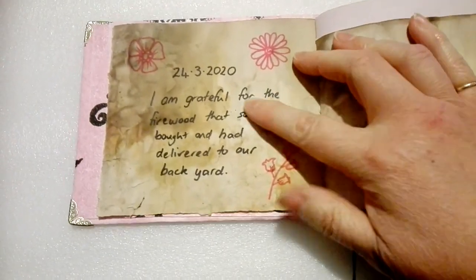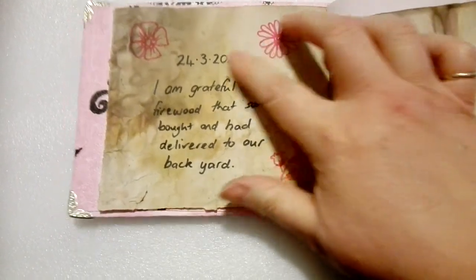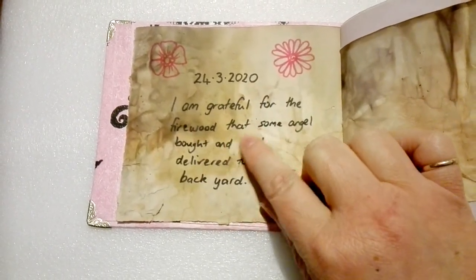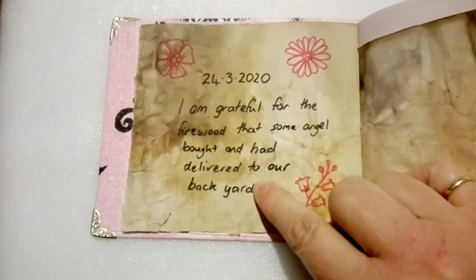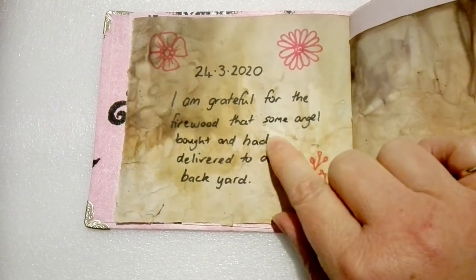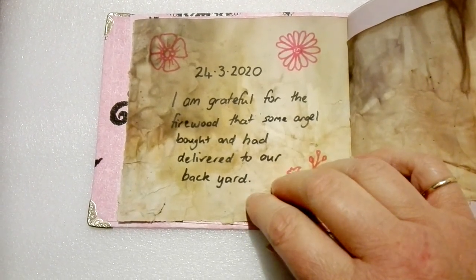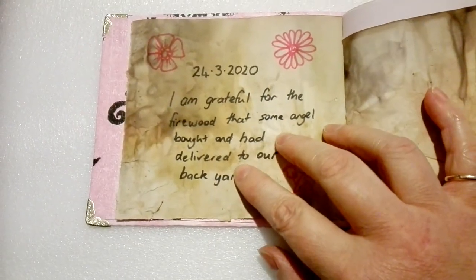So I've written it in felt pen or marker pen, doodled a few wee flowers, and then just written the date. And I am grateful for the firewood that some angel bought and had delivered to our backyard. The wee story behind that is that we arrived home last night quite late because my husband was really busy at work and he picks me up on the way home. So it was quite late by the time we got home, and we pulled into the driveway facing going into self-isolation